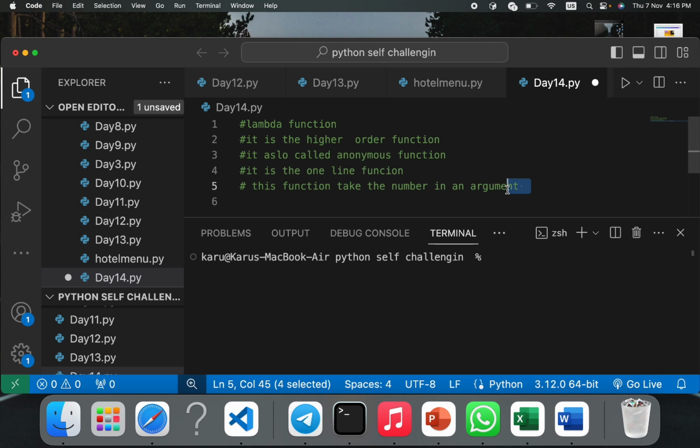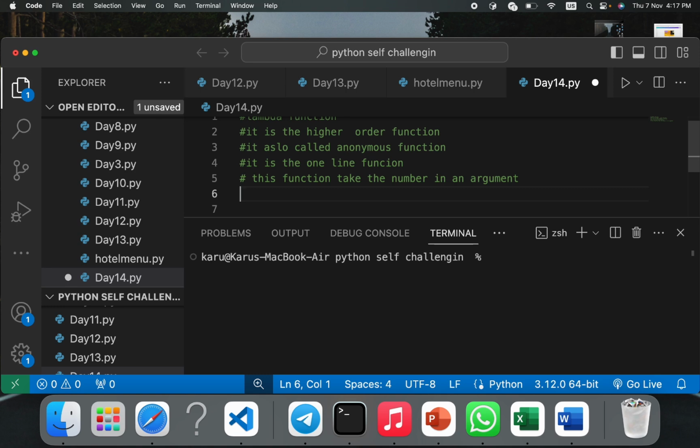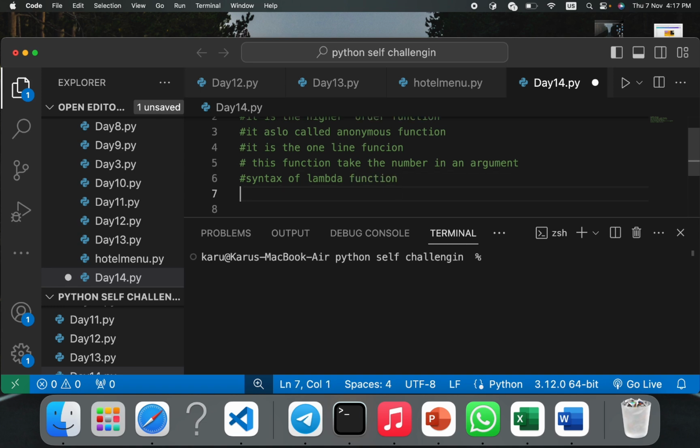These functions take every kind of arguments, to express these arguments in one-line functions, right? And so we can explain the syntax of lambda functions. Syntax of lambda functions: